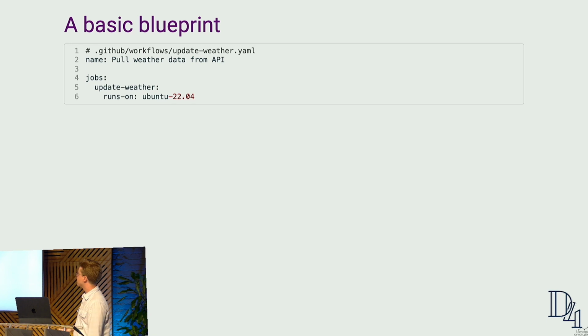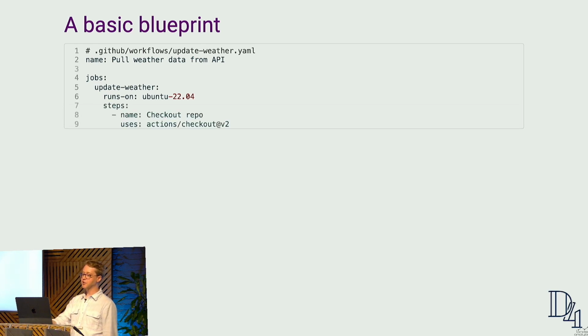And here's really where the magic comes in. I showed those YAML files earlier. These YAML files are really the instruction set. GitHub Actions relies on these YAML files, and what you'll see here is that this would live in your repo. At the top, you see it says .github/workflows/update-weather. That's the directory it would live in, and GitHub itself knows to look in here and execute these files. We give it a name, pull weather data from our API, and we say, okay, here's one job that we have. We're going to call that update weather. The first thing we're going to tell it is we want to run this on a Linux machine, Ubuntu running 22.04. And from here, we're going to start adding steps.